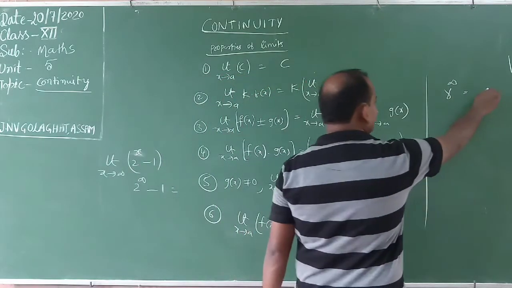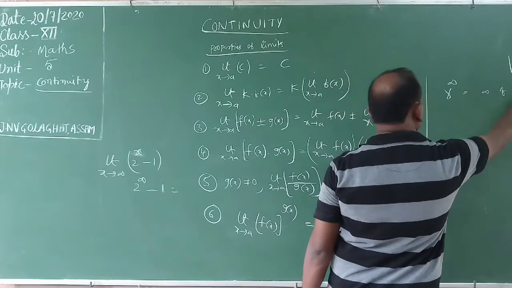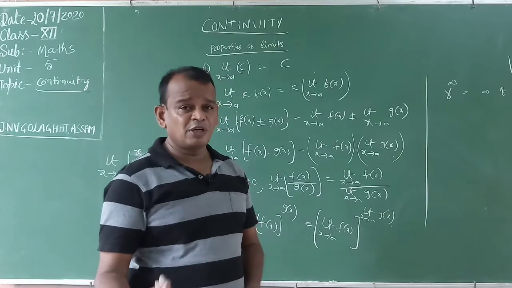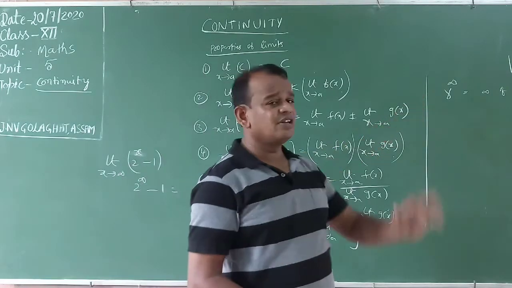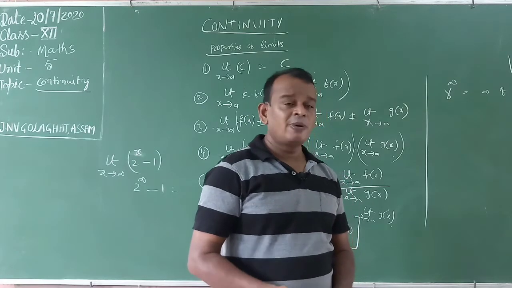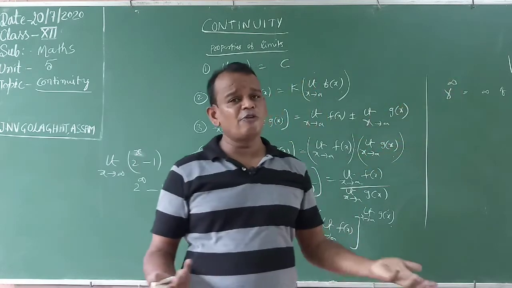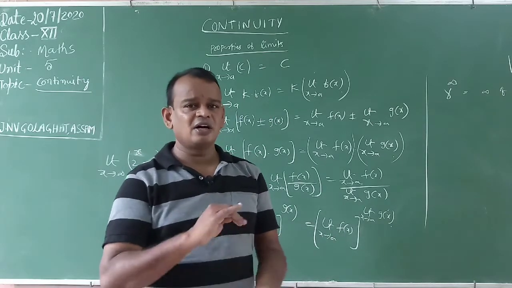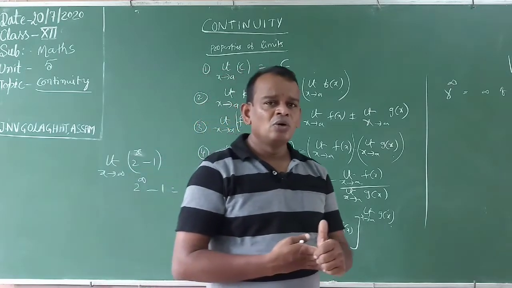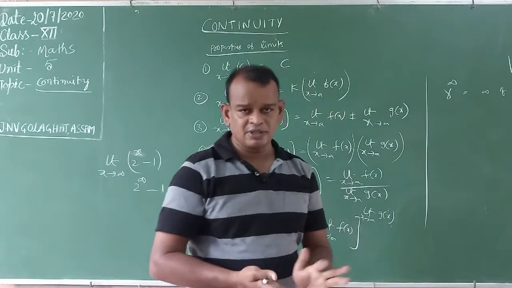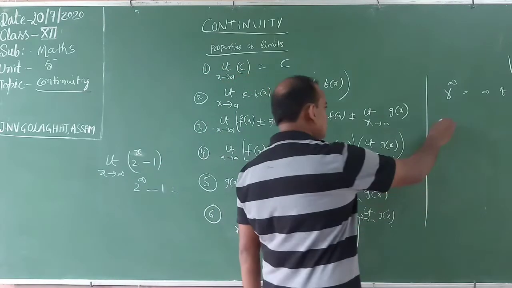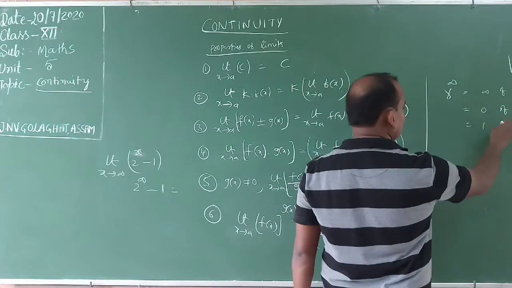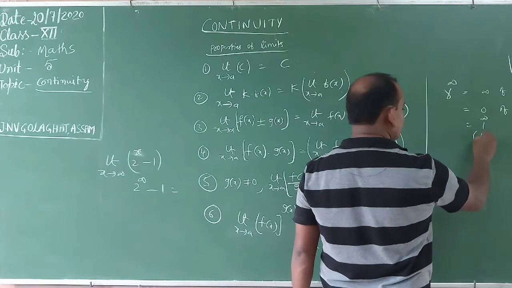r power infinity is equal to infinity if r is greater than 1. r greater than 1 means base value 100%, 1.1, 1.2, more than 1 must and should, the answer is equal to infinity. Understand? Suppose r value is exactly 1, 1 power infinity is no value, that is called indeterminate form. Already before I told that 1 power infinity. r greater than 1, r less than 1, base r value either positive or negative other than 1. Suppose r value is equal to 0 if r is less than 1. If r equal to 1, that equals 1 power infinity. This is called indeterminate form.